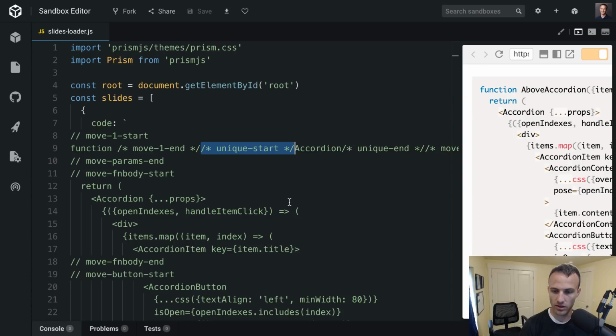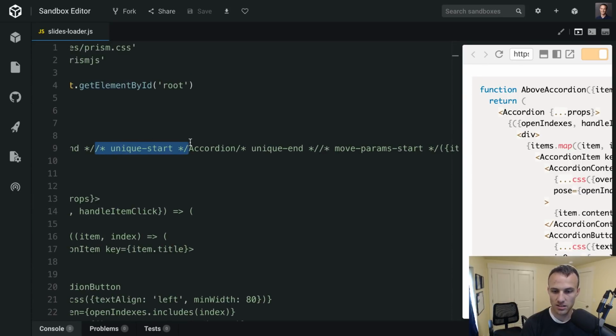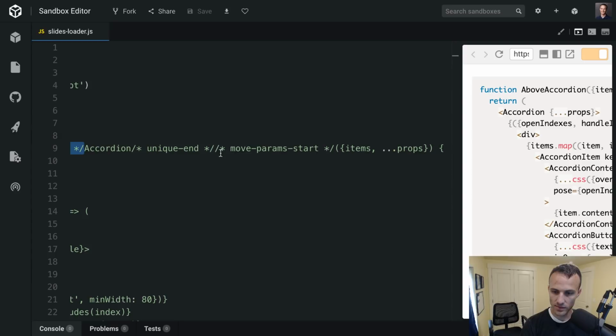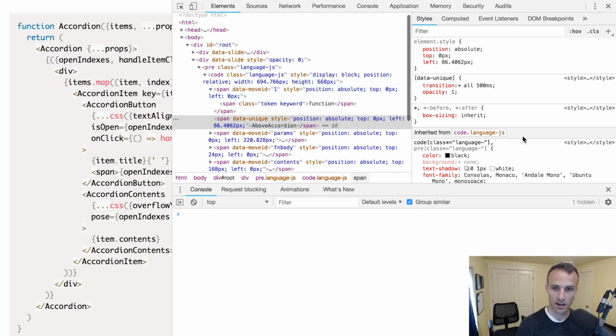Then we also have a unique version, or unique start and unique end, that doesn't need an ID, so it's just anywhere between unique start and unique end. That chunk will fade. And then we have move params start and then move params end. So it doesn't have to be the same type of comment, which just actually kind of happened to work,